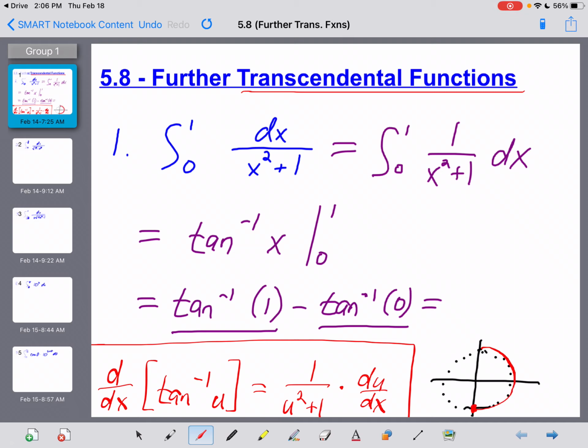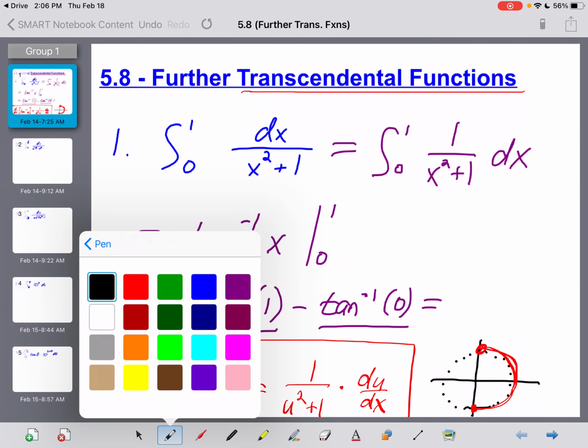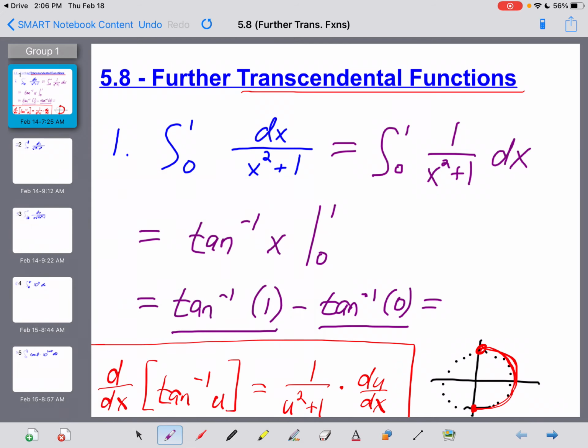From negative pi over 2 all the way back up to positive pi over 2. So really, the question being asked here, let me be a little bit more specific now, is what angle between negative pi over 2 and positive pi over 2 has a tangent value of 1? There's only one answer to that question, and that right here is pi over 4 minus